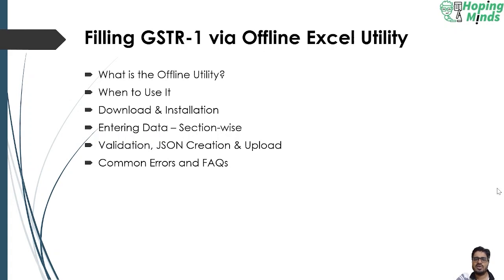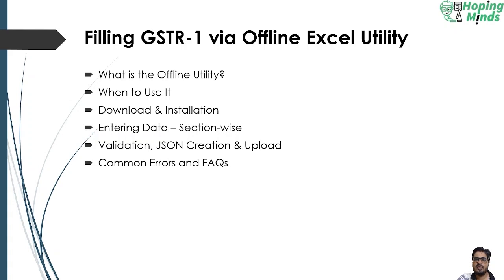In our previous session, we read about the HSN summary and the document details in GSTR-1 return. HSN is used to classify goods, whereas SAC is used for classifying services. HSN stands for Harmonized System of Nomenclature, whereas SAC stands for Service Accounting Codes. Then we read about the disclosure requirement of HSN and SAC, where we studied that